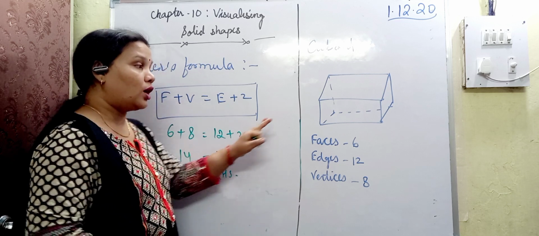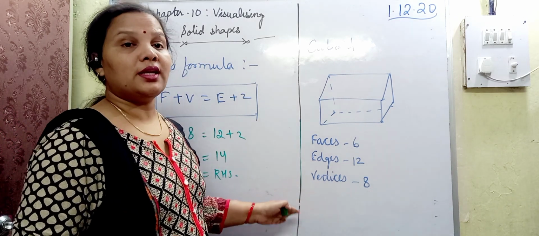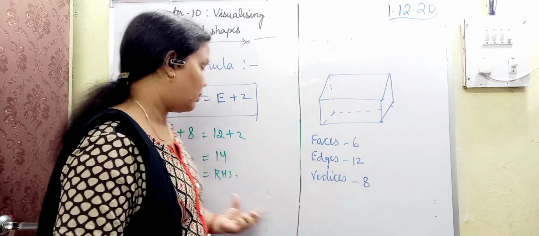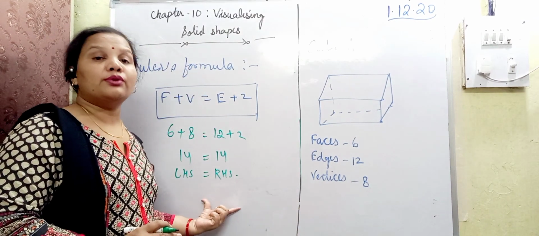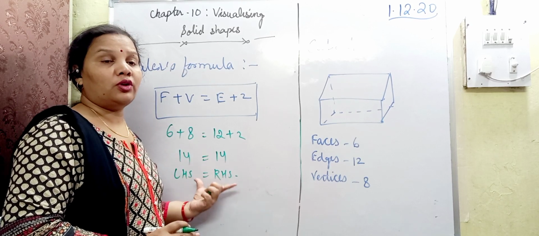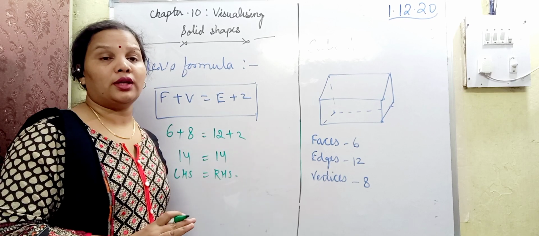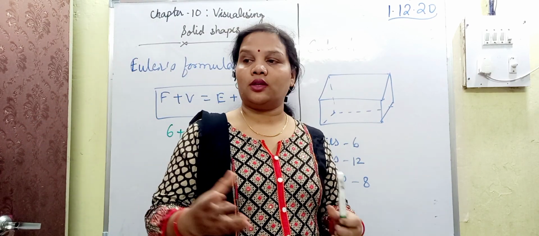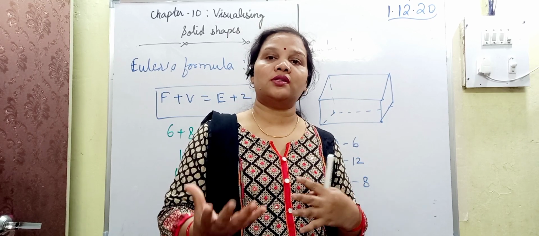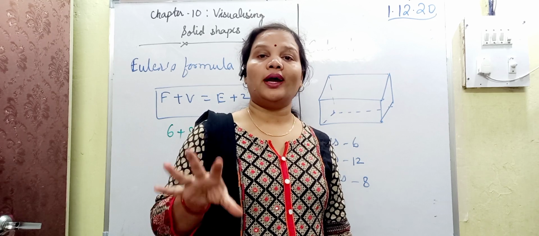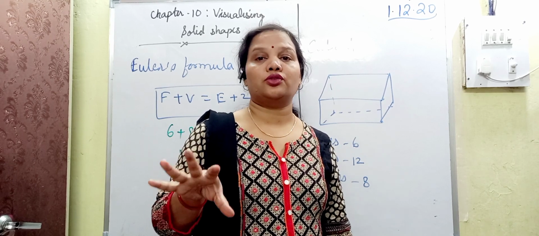It means that all the conditions needed for a polyhedron for applying Euler's formula are satisfied, because the left hand side equals the right hand side. After applying Euler's formula, we can say that the cuboid is a polyhedron. You can apply this formula in many cases. At home also, if you have different sizes of solid shapes or boxes, you can apply Euler's formula and find out whether it is a polyhedron or not.